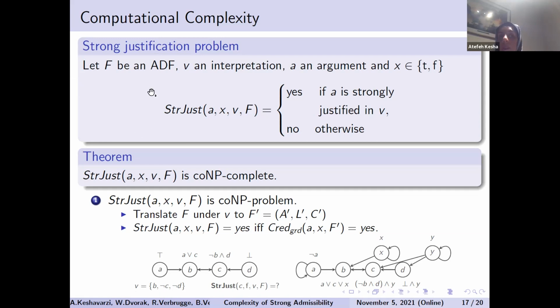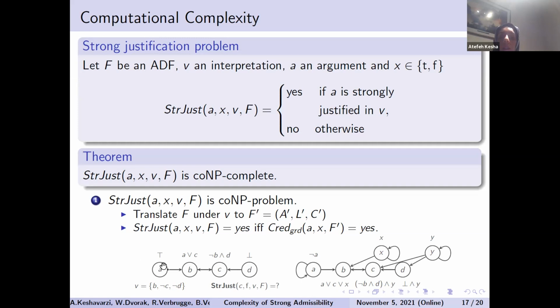This is a difference between this reasoning task and the credulous decision problem. We show that the computational complexity of this problem is co-NP complete. To show that it is a co-NP problem,